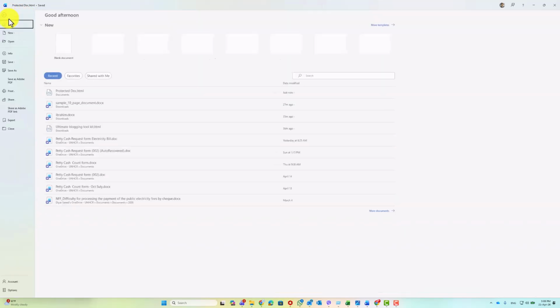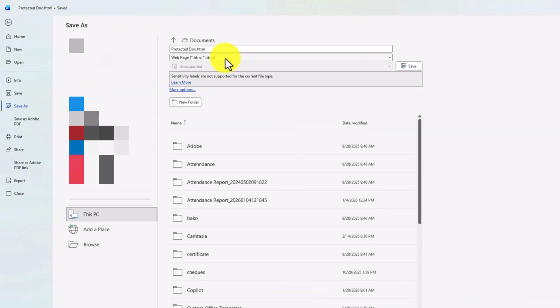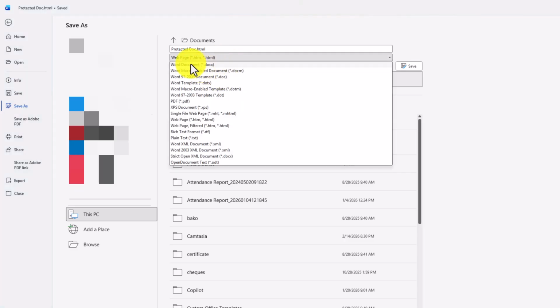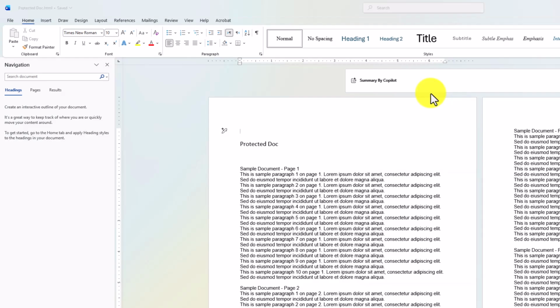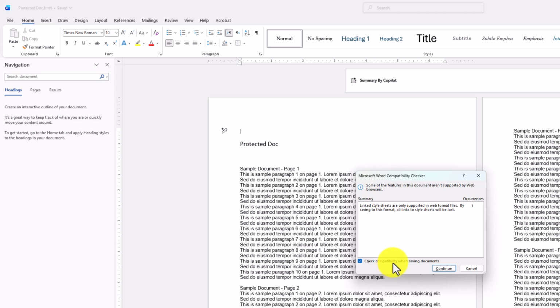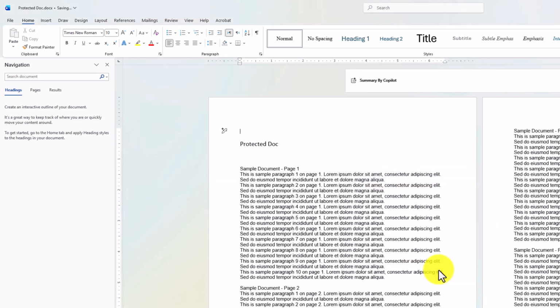And from here, you can save this file as a Word document. You can change the type to Word document and remove that extension if you like, and then click Save. This way you have a copy of the protected file and you can do whatever